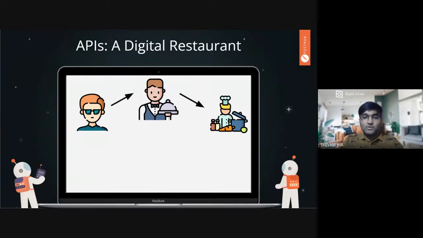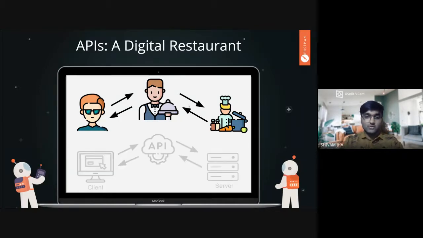As you go in the restaurant, you have your seat. The waiter comes up to you with a menu card or with suggestions, maybe what's the specialty. You go through the menu, you place your order, whatever you like. And this waiter delivers your order to the chef, with the specifications you have requested in your food and what you are planning to eat today. And the chef prepares your food specifically according to your request, whether you told him to make it spicier or to add more sweetness to your desserts. So he prepares your food accordingly, and then he sends the food back to you via the waiter again.